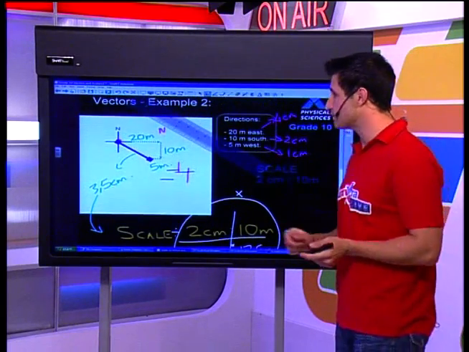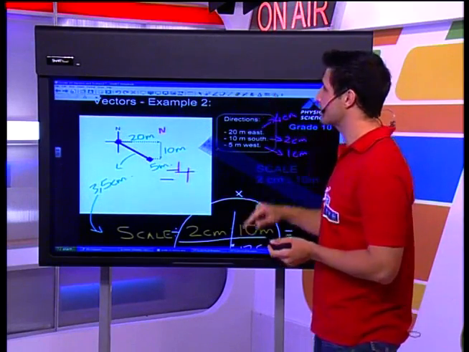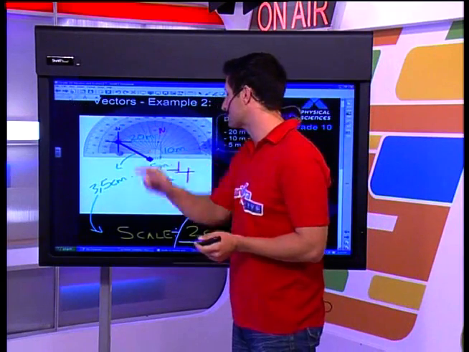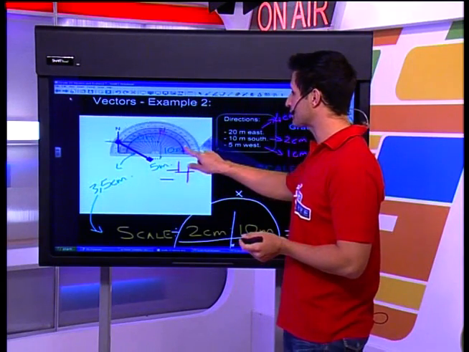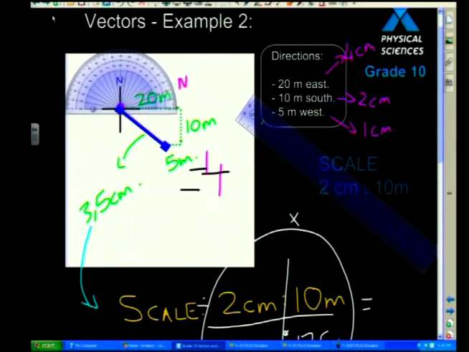And the way that I'm going to do that is I'm going to whip out my handy protractor. Okay, so let's whip out one of those. Now, very lucky for me, I've always got one in the studio. There it is. Let's just make it a little bit smaller. There we go. So now let's put it on the middle there. And let's start figuring out how many degrees from north this is.